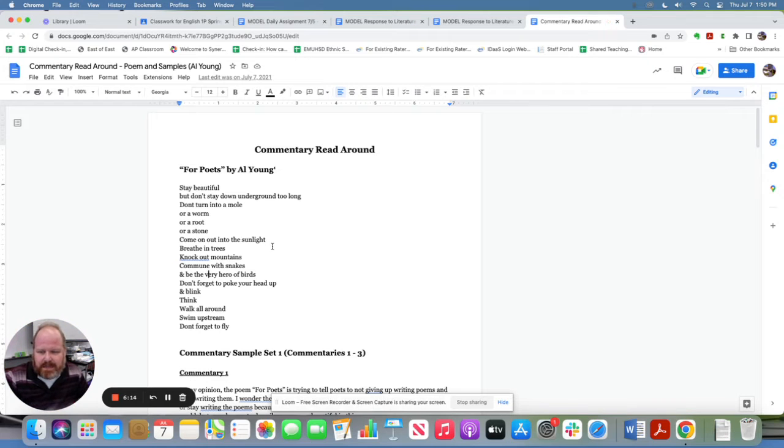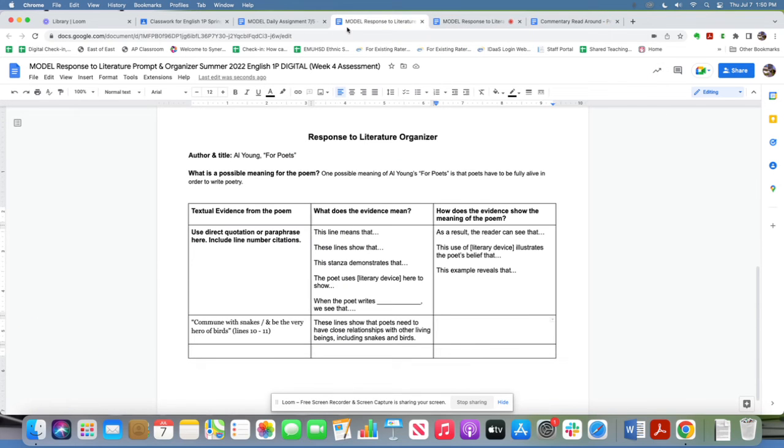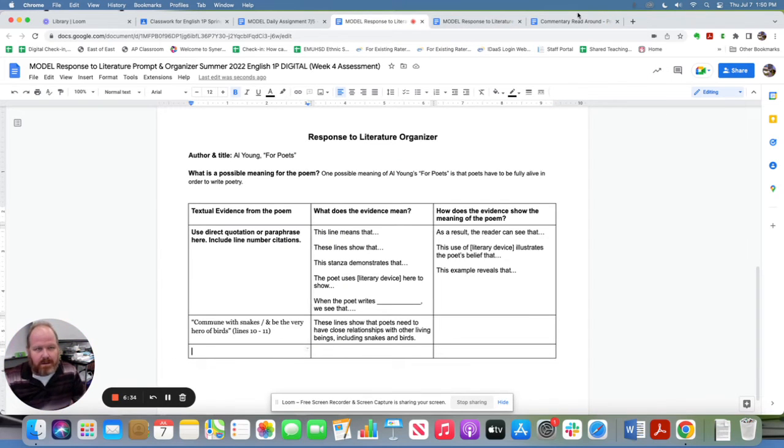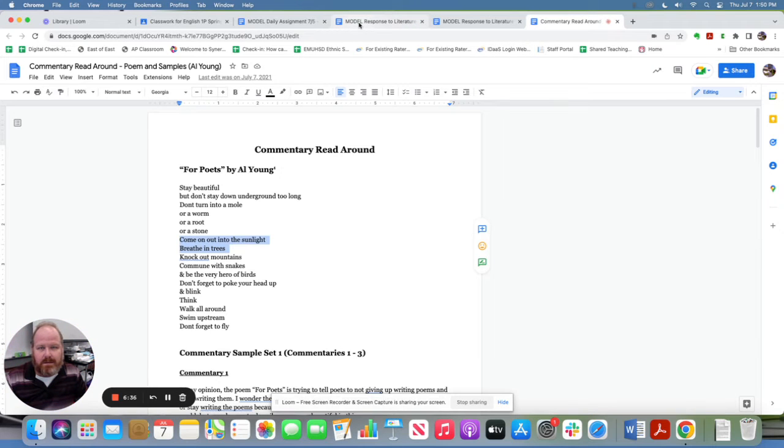I'm going to see if there's any other lines that make me think about that idea of being part of nature. So swim upstream, breathe in trees. I think both of those. I'm going to go with come out into the sunlight, breathe in trees. So I'm going to go back over here, and let me just copy that.